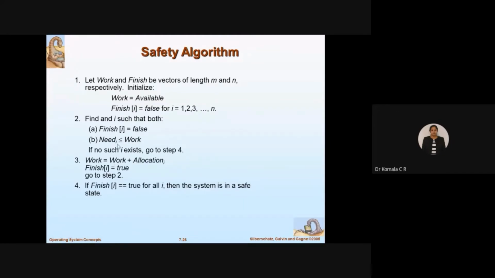So I'll try to change the result of this condition. At least Need should be equal to Work. Whatever I need, the same resource has to be allotted, right? So what will I do in step 3? I'll do Work = Work + Allocation. I'll go on adding, I'll go on allocating some resources. Each time I add, I'll check whether I can set Finish[i] as true, then go back. If Finish[i] is true, my condition is satisfied, and I'll continue with the process I have done with this step. Otherwise, I'll go for step 4 and do the